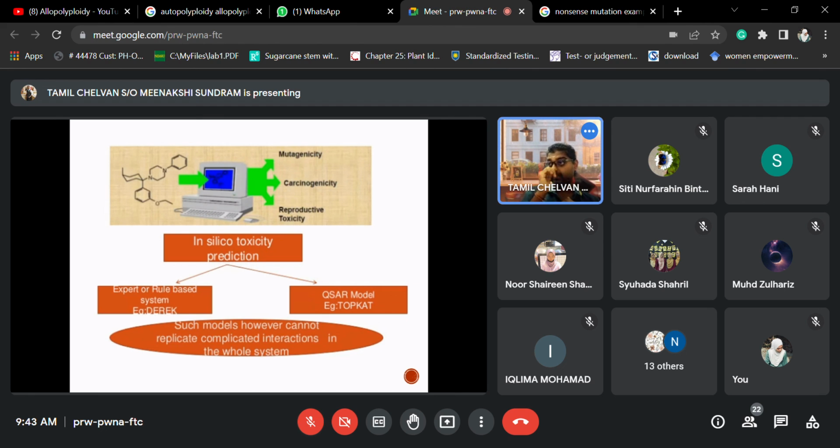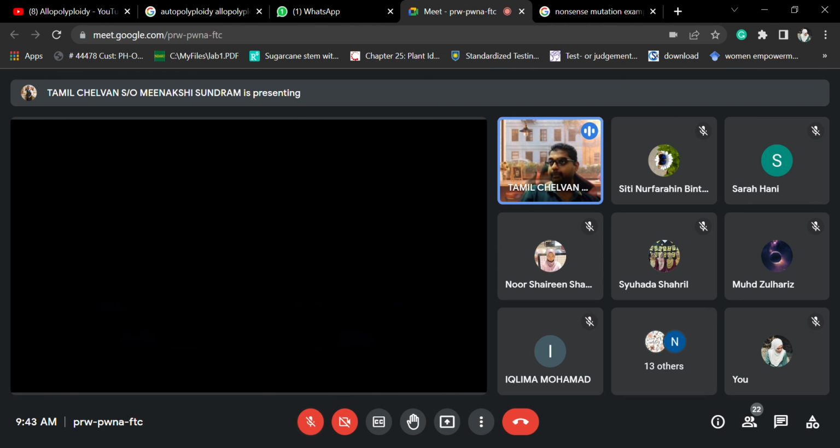Okay, in silico toxicity prediction. Expert rule based, for example direct QSAR model. So I'm not an expert on this part anyway. So in silico, it's more like Dr. Hidayah and Dr. Mai's combination lah. It cannot replicate complicated interactions in the whole system. So, example